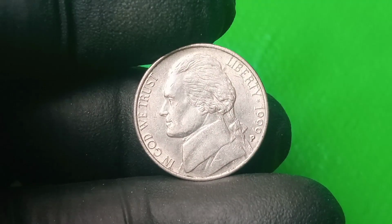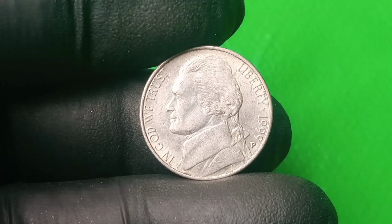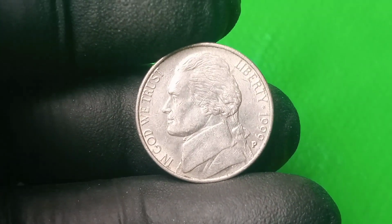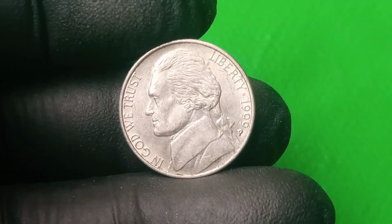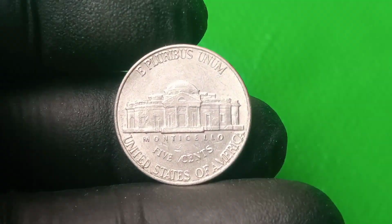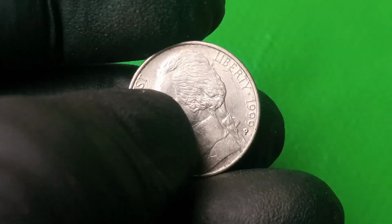whether these visual inconsistencies stem from a deeper, unreported issue in die steel composition or press calibration, and if so, were these errors the result of simple oversight, or something more strategic, something tied to whispered accounts of a retired mint employee who once claimed he handled a tray of nickels with visibly flawed reverses marked for destruction, only to discover days later that some were gone, unaccounted for, never officially destroyed, only to reappear years later in coin shops